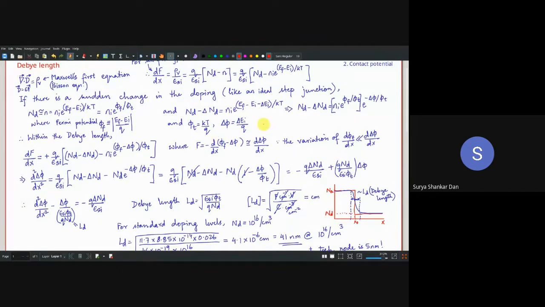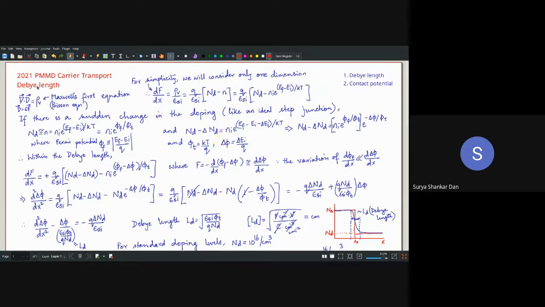Remember that concept. These energy levels are changing, whereas the Fermi energy level remains the same throughout the device, as long as you are applying no excitation or no biases. That means it is under equilibrium. Remember, when we are considering Debye length, we are not speaking about the specifics of the doping or the biasing. We are essentially trying to find out the error which can happen because of a sudden change in the doping level.